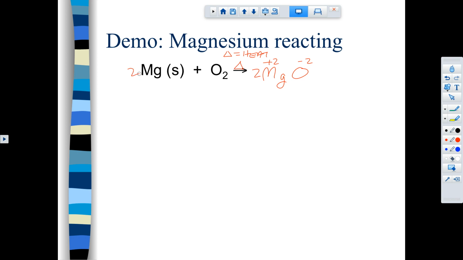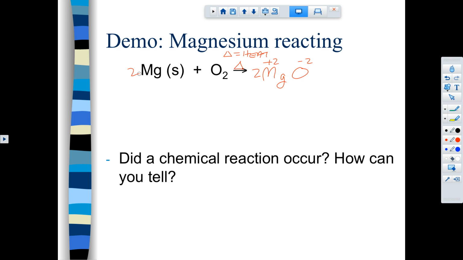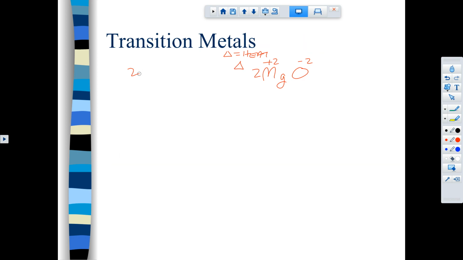Okay, so that would be the demo if I were there. I'm not going to make the sub do that because that would probably not end well. So anyways, there's that. All right, so now with transition metals,